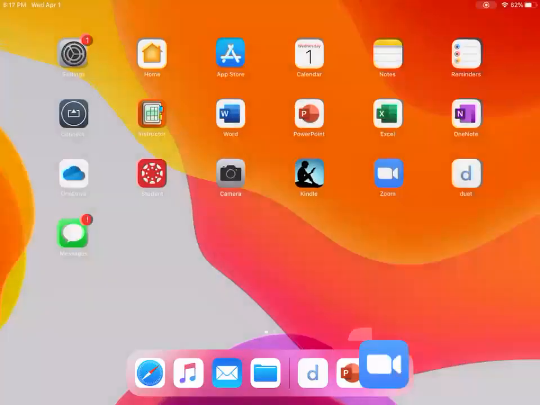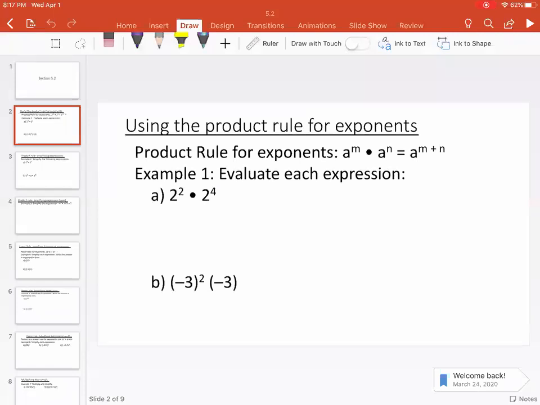The next section we're going to look at is 5.2. In 5.2, we're going to talk about the product rule for exponents. And when you're multiplying, you add exponents. Your base, or what is raised to the power, doesn't change. So I keep my 2 and I add my exponents. If it's something you can simplify, 2 to the 6 means 2